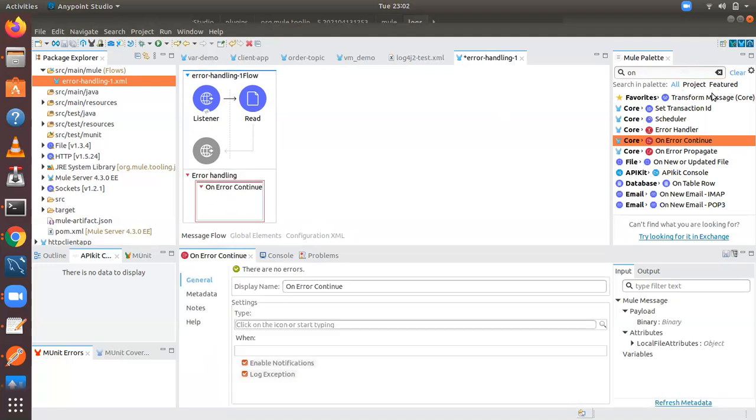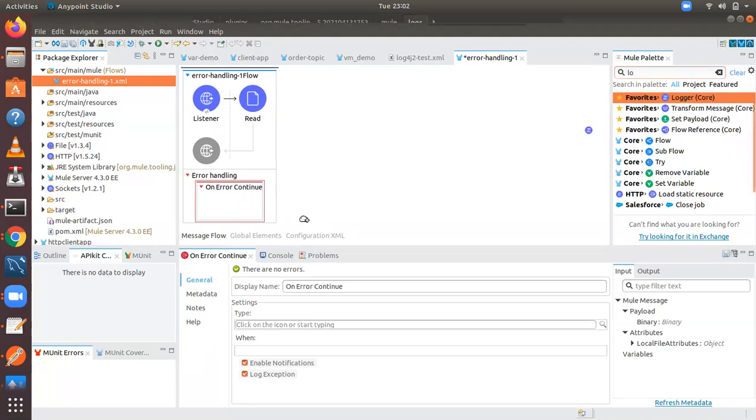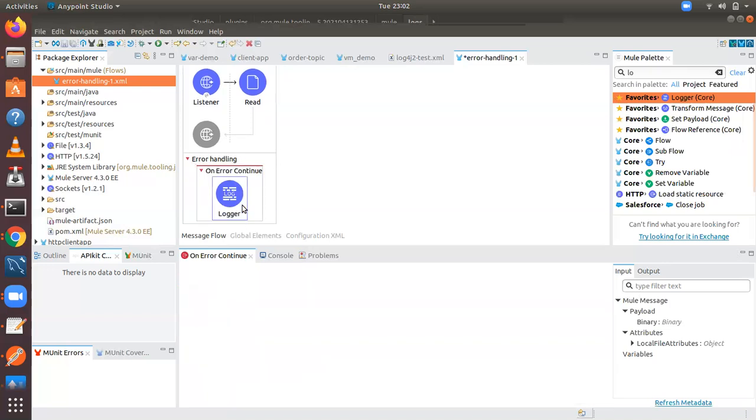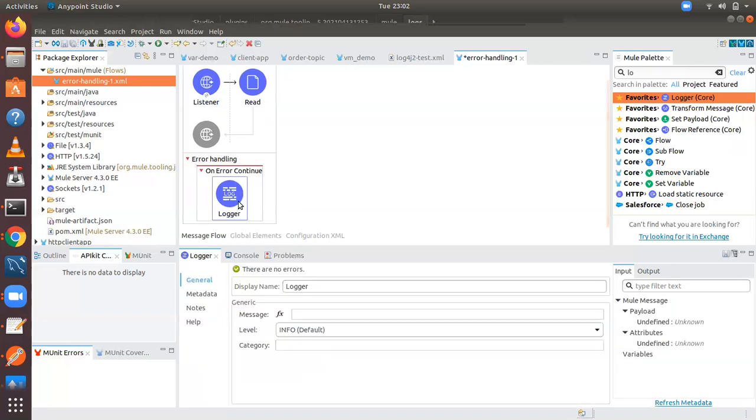Inside that, I'm configuring the log statement. In the logger, I'm saying that path is not valid.